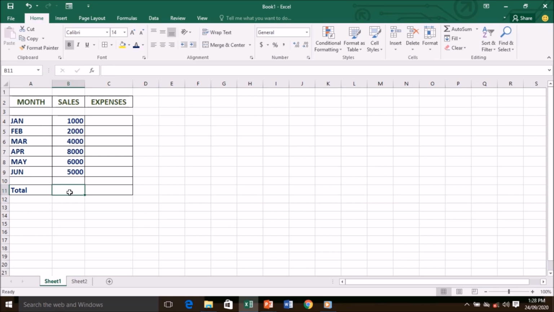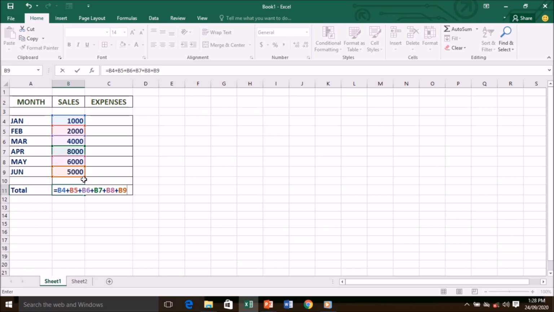So let's click in this B11, and as I told you that we have to start a formula with equal to sign. So let's type here equal to first, and now I want to add all this. So what is the cell address of this? This is B and 4. So we'll just click here. See B4 has appeared over here, or you can simply type also. So B4 plus, what is this? B5 plus, next is B6 plus, next is B7, then here B8 and we have B9, and after B9 we'll press enter key from the keyboard.